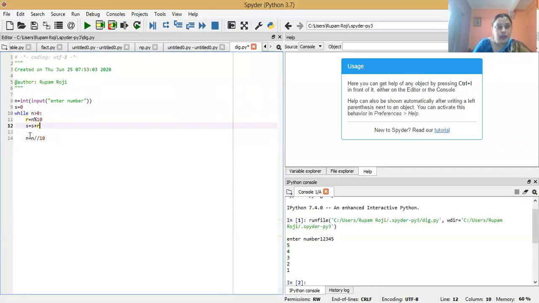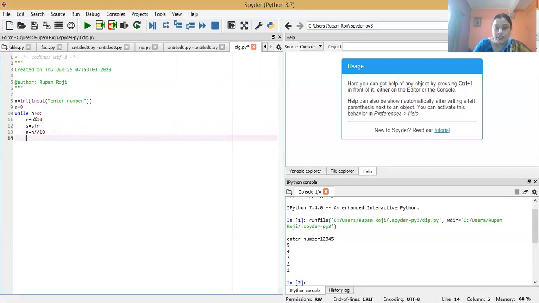S equals s plus r means the sum will be stored in the variable s. When a digit is extracted, it is added into the sum variable, and the variable s stores the sum of all the digits of a number.